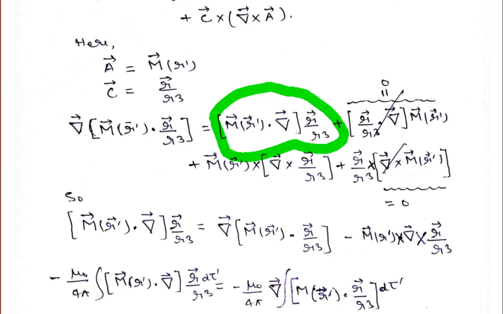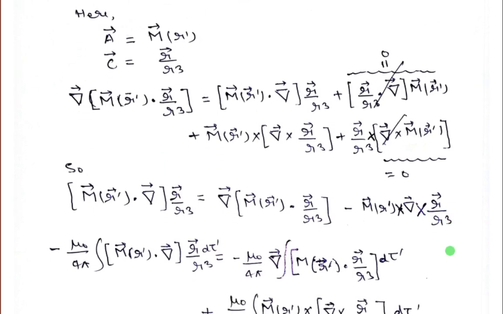So I have written here capital M vector dot del in bracket, that is r vector upon r cube, can be written as a del operator, meaning gradient of the dot product of two vectors, that is vector M dot with r vector upon r cube, minus capital M vector cross product with del operator cross r vector upon r cube. Now if you substitute,